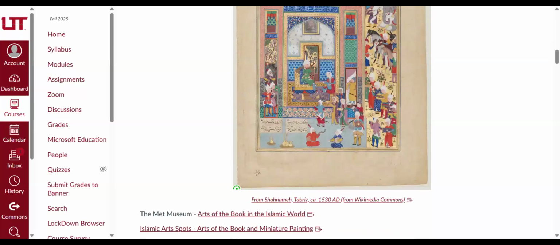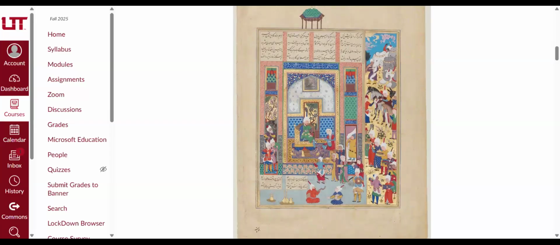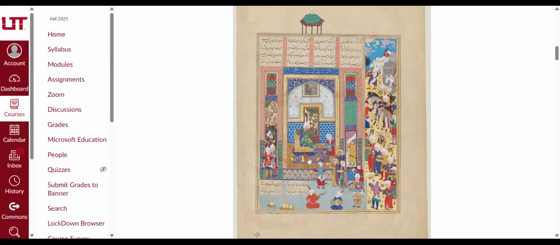This is the Tabri. Now this is a little bit later. This is outside of the scope of our class. But if you want to do a reflection on this, just remind me in your introduction to the reflection, just say, hey, this was an image from the class. Now this is a later